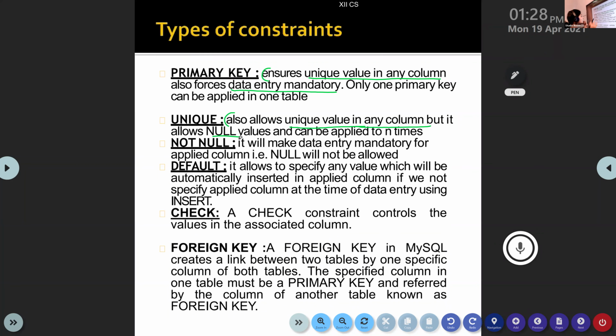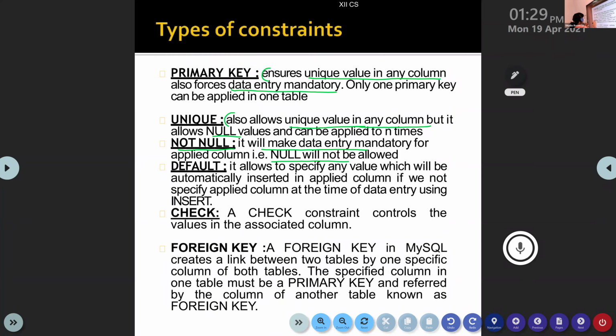Next one is not null. Not null means the column entry, the value entry is mandatory. A default means if you are not providing any value to that particular column, a default value must be stored.